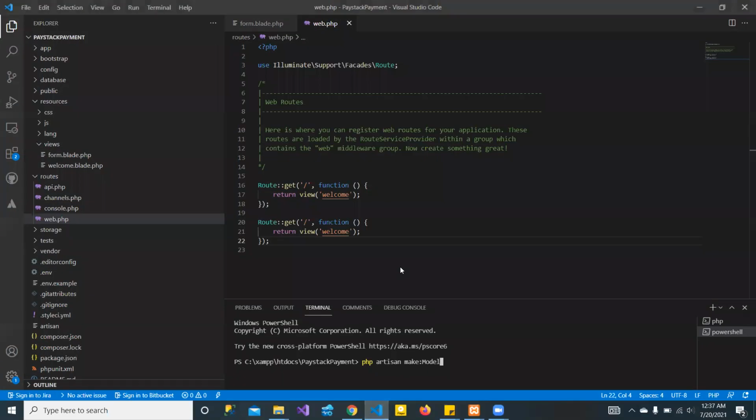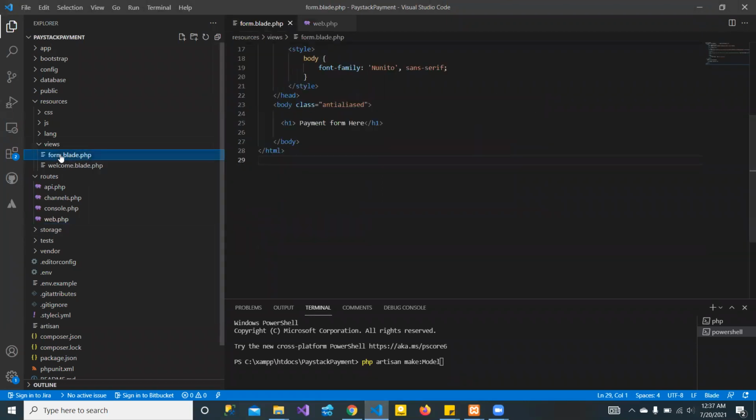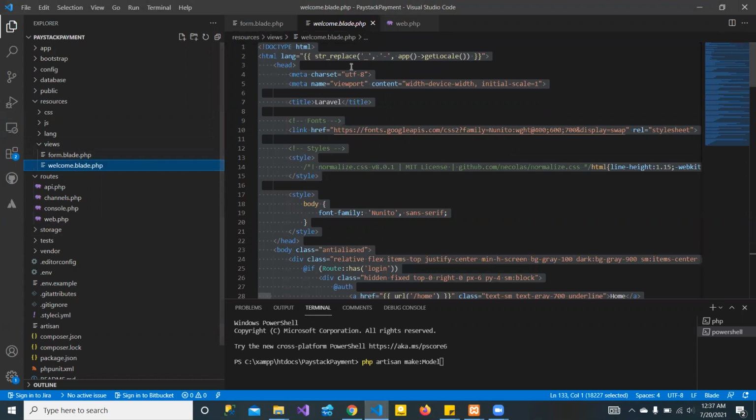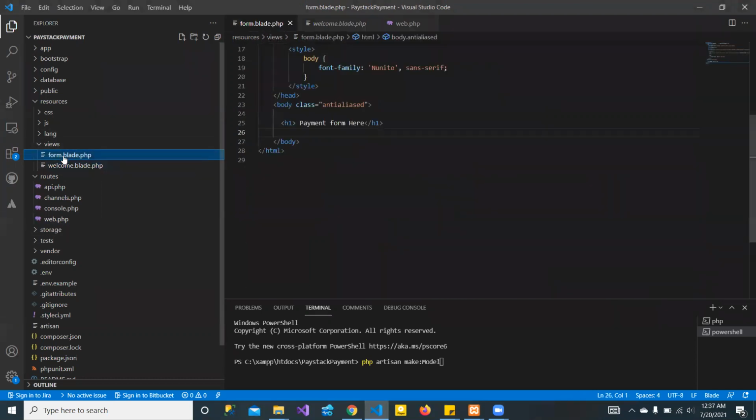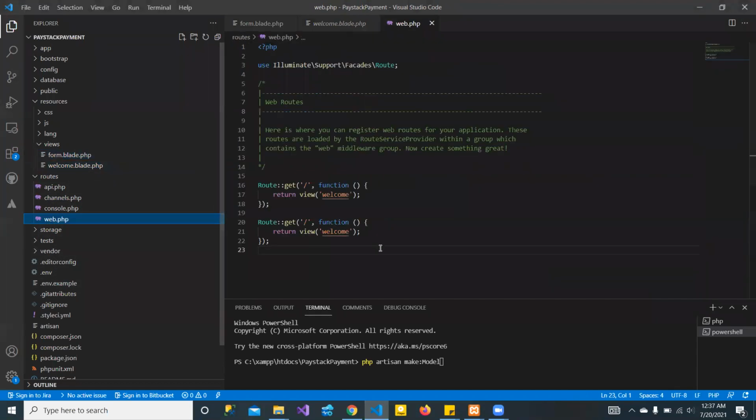I already have a fresh Laravel application installed. I have a form page that is blank, no form is here yet, and this is just a blank application. Then we have my route. There's nothing in the route. So I'm going to be creating